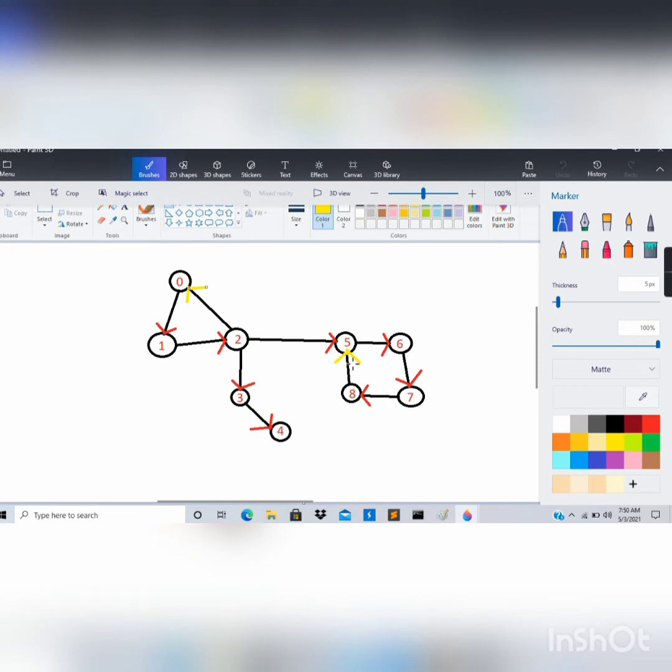Now what we would do is, initially we had assigned a low link value to every node, its id itself. So it was 0, it was 1, it was 2, it was 5, it was 6, it was 7 for this, it was 8 for this, 4 for this, 3 for this.